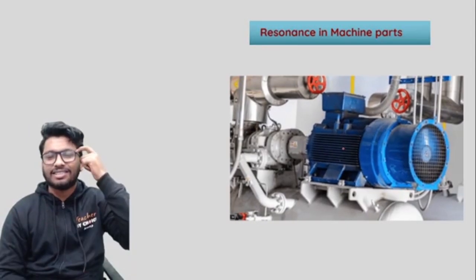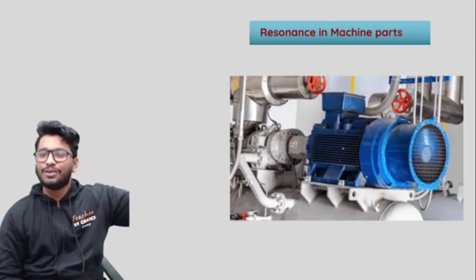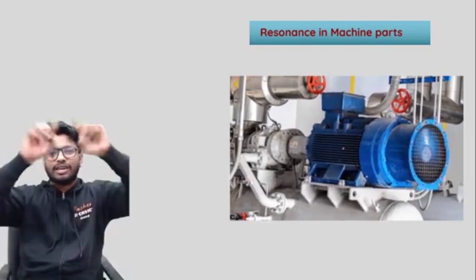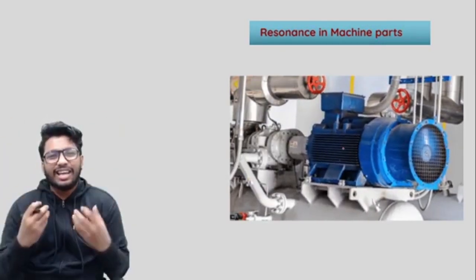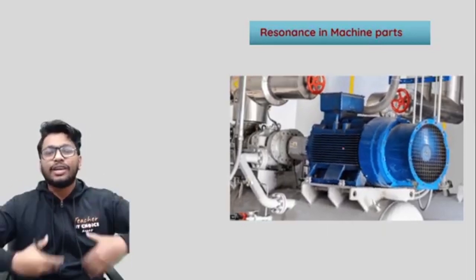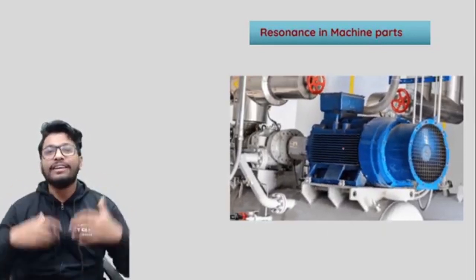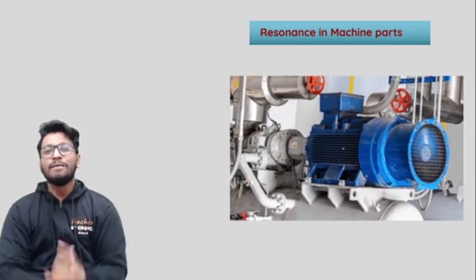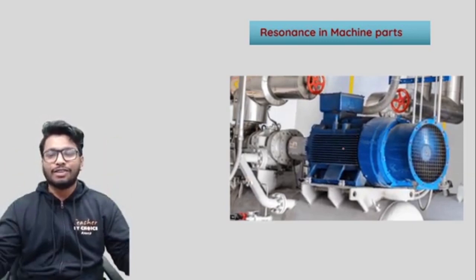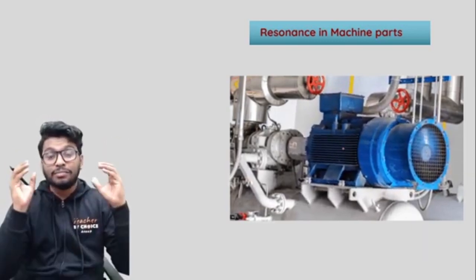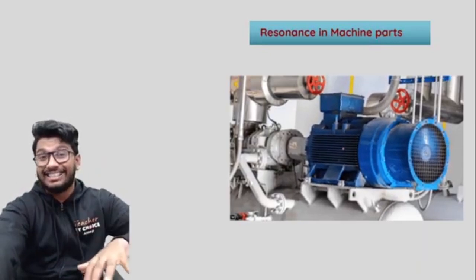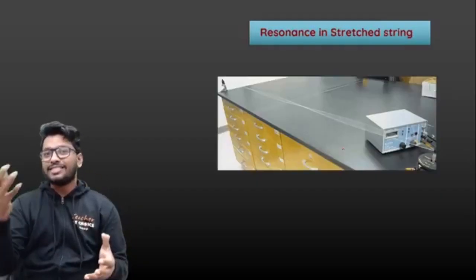These days I think those buses are decommissioned, but when I was going to school, you could actually experience that. These really old BMTC buses, which look like a box, had this very bad vibration, and you start to feel that irritation, because the frequency of the motor at which it's vibrating and the entire bus starts to vibrate at the same natural frequency. The frequency of the forced vibration becomes equal to the natural frequency, and the amplitude increases, and it vibrates like crazy. Sometimes even glass breaks because of that.